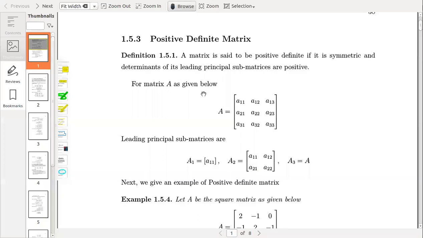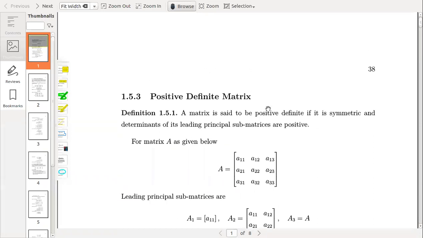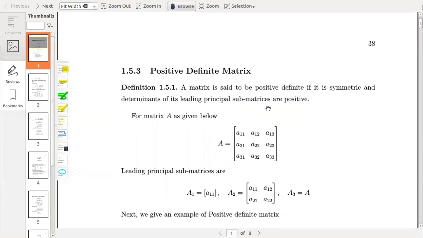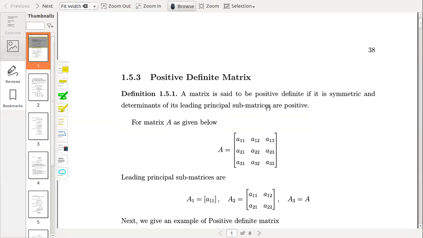So today we will explain the positive definite matrix because we are actually going to explain the Cholesky method. The Cholesky method is another example of a decomposition method. In the decomposition methods, the first method we studied was Crout's method. And before Crout's method, we studied elimination methods, that is, the Gaussian elimination method and the Gauss-Jordan method.